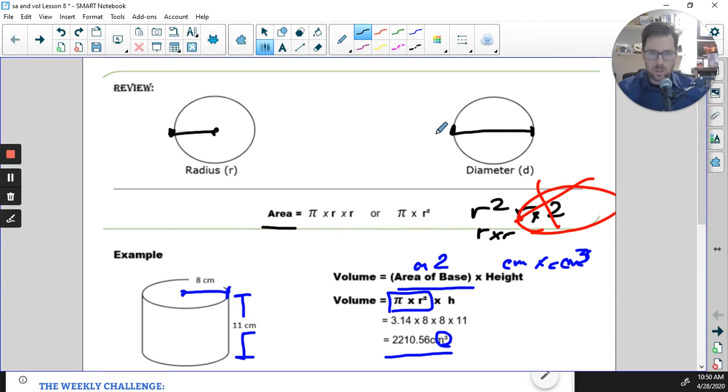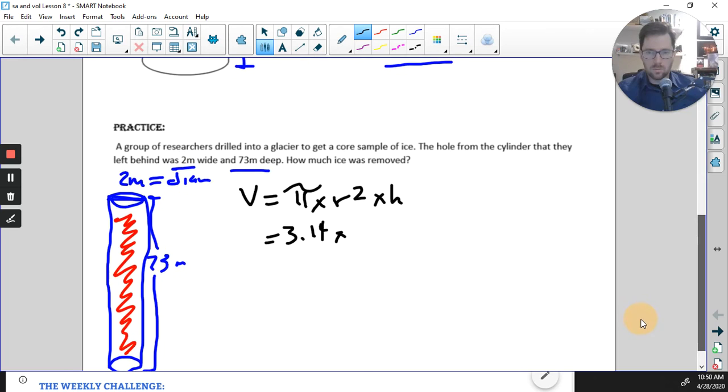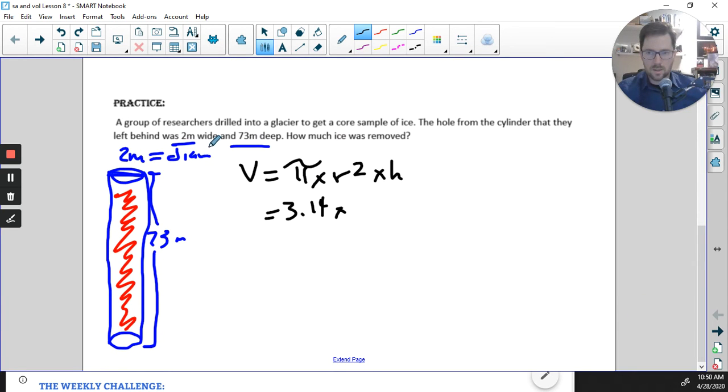How do we figure out our radius from our diameter? Diameter equals radius times 2, or radius equals diameter divided by 2. Okay, we're good there. We can keep going. So if our radius is 1, then 1 times 1. Okay, so now we're going to go 3.14 times 1 times 1 times